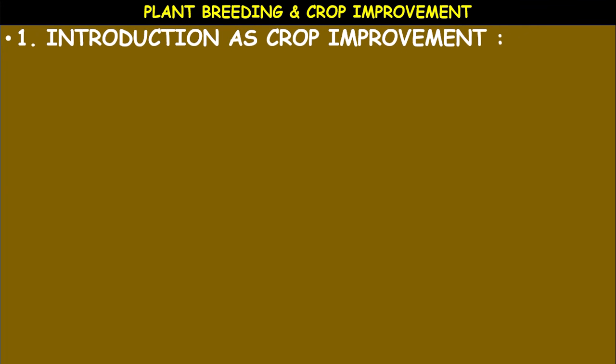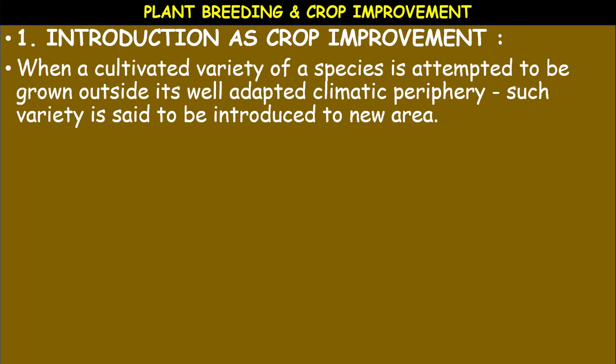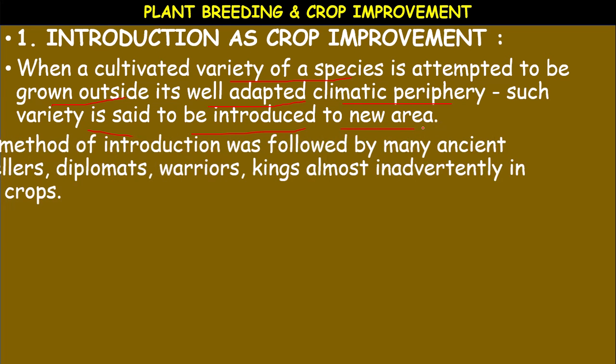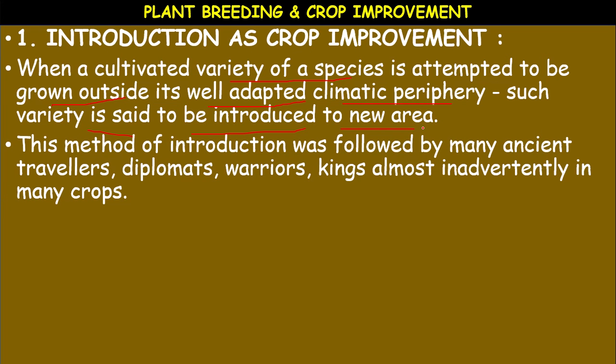Now, come to the actual methods of plant breeding. Introduction as crop improvement. What is introduction? When a cultivated variety of a species is attempted to be grown outside its well adapted climatic periphery, such a variety is said to be introduced to the new area. Okay, there are so many problems whenever you are going to introduce a new variety in a particular area. This method of introduction was followed by many ancient travelers,